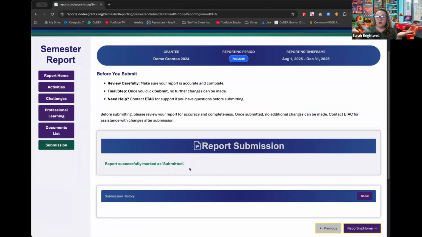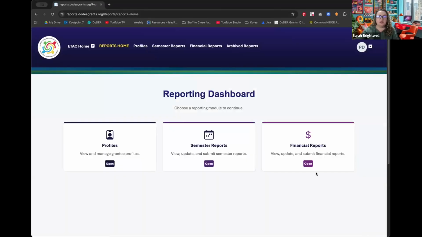You're all done. You've completed your fall semester report. Now, there is one more thing that I like to do just to make sure that everything is golden and I've met my reporting deadline. I like to then hit this reporting home button, takes me back to my main reporting dashboard where I can open up semester reporting again,